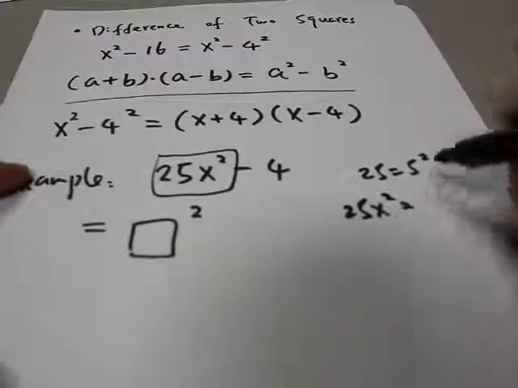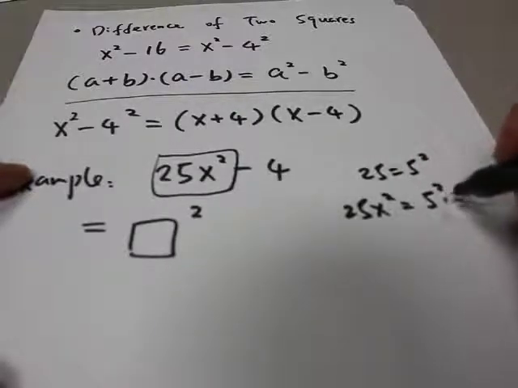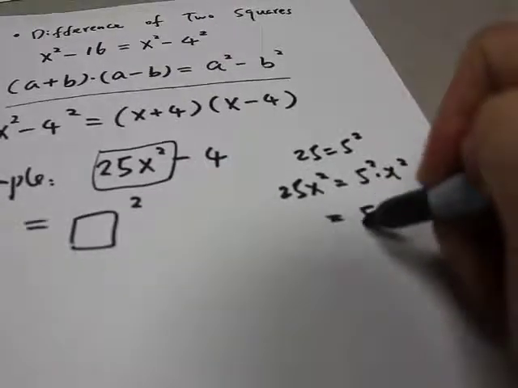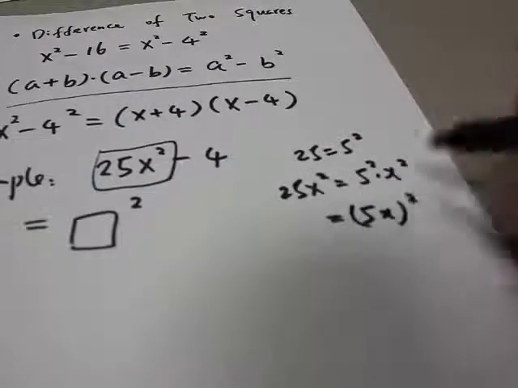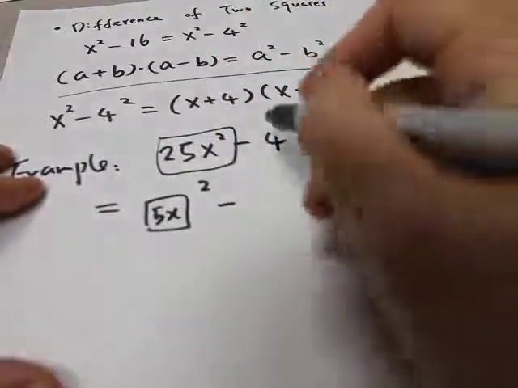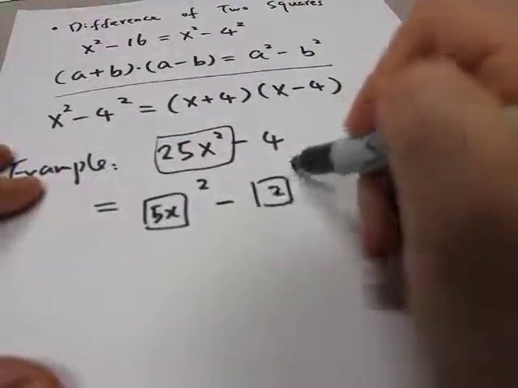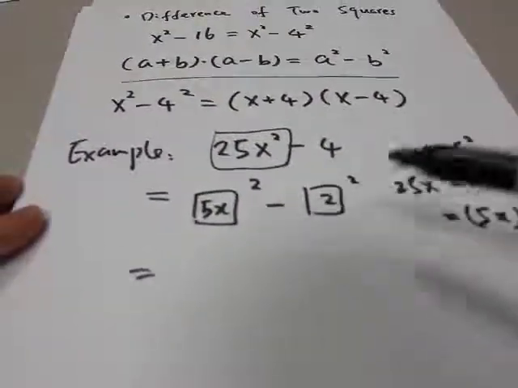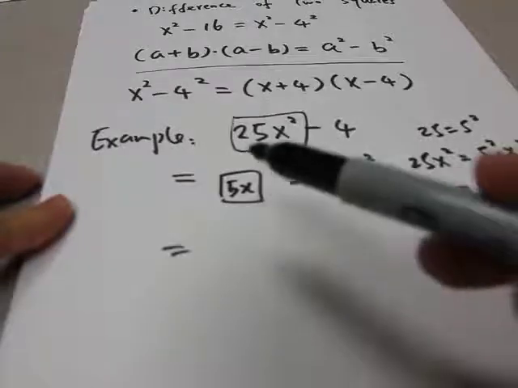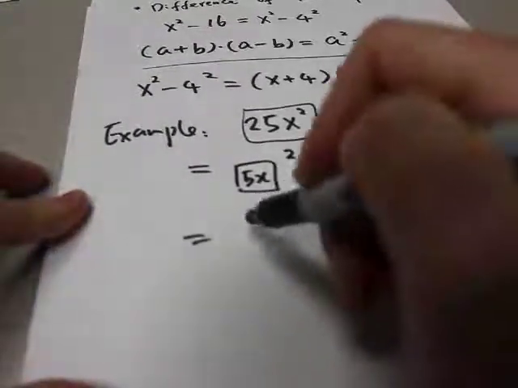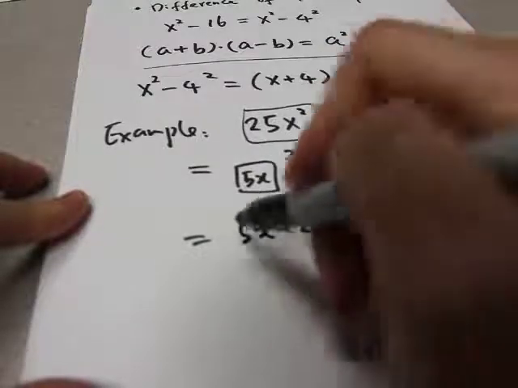25x squared will be 5 squared times x squared, right? Which is 5x squared. So this is a 5x. And 4 is 2 squared, so that's 2. Okay, so once we completed this step, we can see, okay, the a is 5x and b is 2. So therefore, the result is 5x plus 2 times